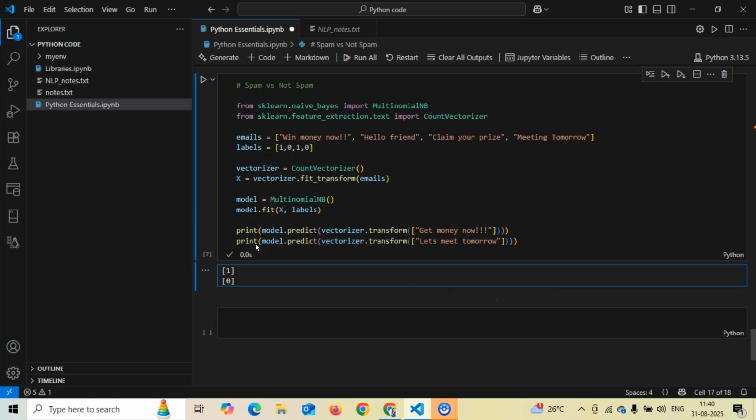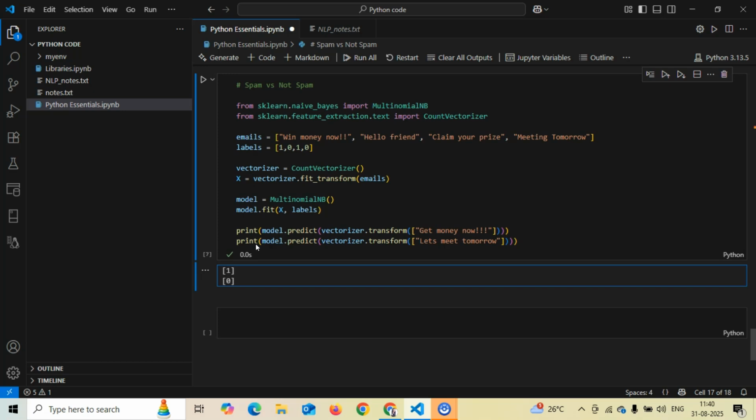So in this way, if you wanted to take this model to a higher level, you can definitely do that. I have multiple data sets available which are classified as spam and not spam. You can have more than thousands of emails labeled as spam and not spam. You can pass that data set to the Python model. Then you can also use this model for your email. You can pass your Gmail account, have all those functionalities done, and include this model in your email so that your emails will be identified as spam and not spam. You can also check the accuracy of the model and how accurate it is.